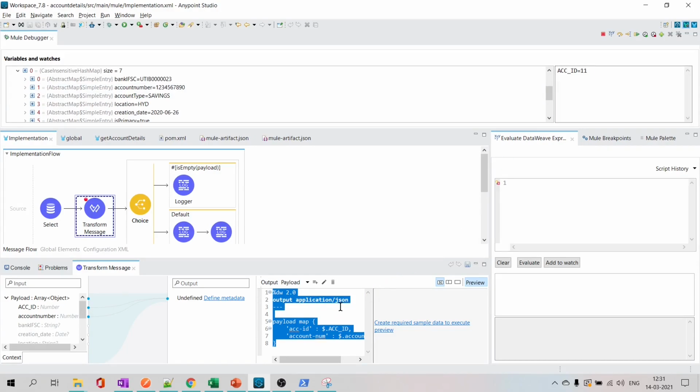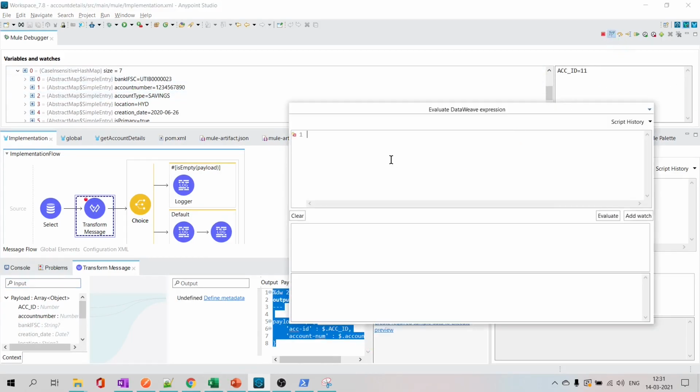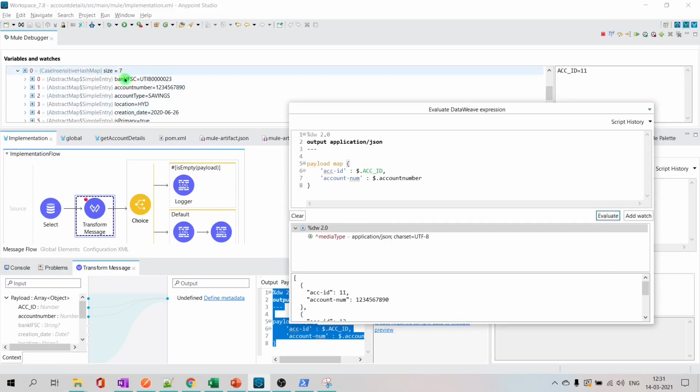Let's say there is some issue in your DataWeave script. It's working with your example, but not with your actual payload. It's failing. Then you just quickly copy your DataWeave script that you wrote already, go here, put it here and evaluate against this. If something is not working, then you just make some changes here and evaluate again. Right? This will be useful here.